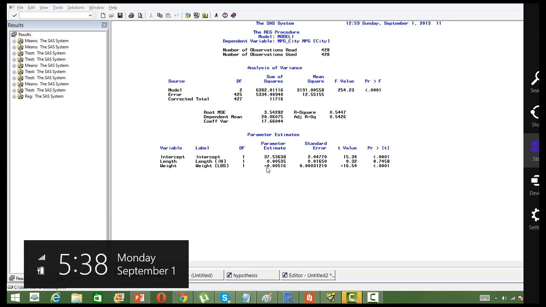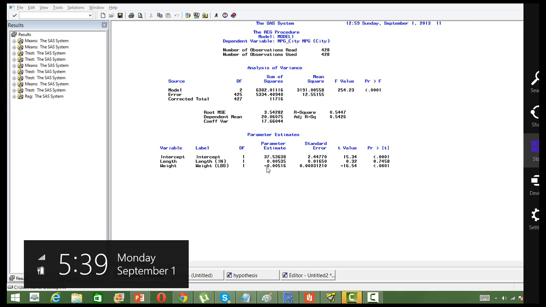So how do you know? With more weight. You go and see here. Go down. I'm asking you, it's a negative relationship. Yes. Right. The second variable: if somebody asks you if we increase the length, what is going to be the impact on mileage? 0.00536 is the unit mileage decrease. I'm asking about length. If I increase length, what is the impact on mileage?